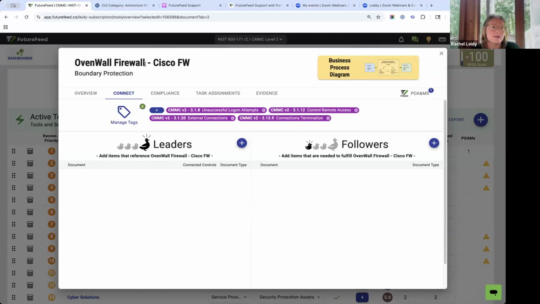So that's why I've connected 318. My firewall is not enforcing the limit of logon attempts everywhere else in my environment. It's just picking it up on itself. But my firewall is helping me with external connections, 3120. Under 3120, it says limit and verify external connections. So yes, my firewall is helping me implement that requirement because it's setting up my access control rules and